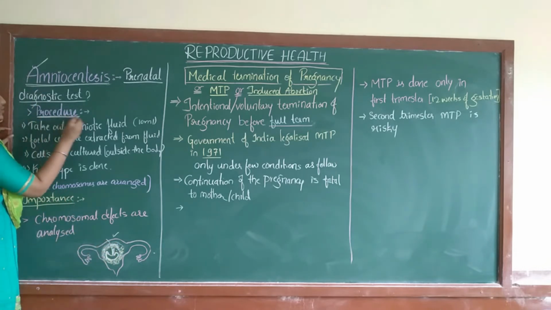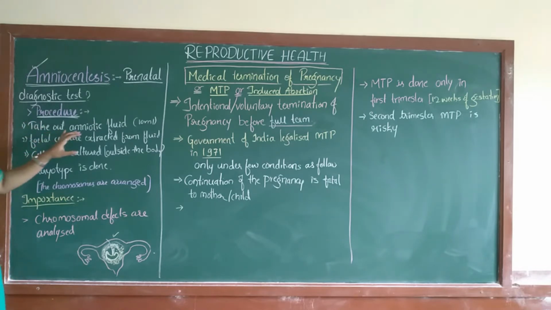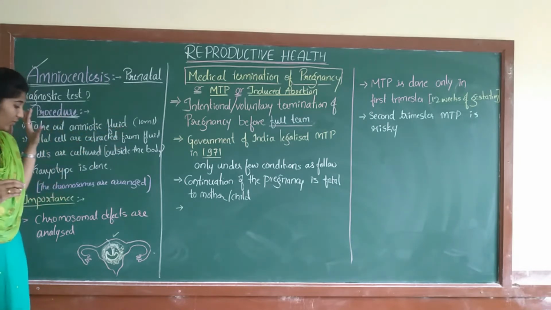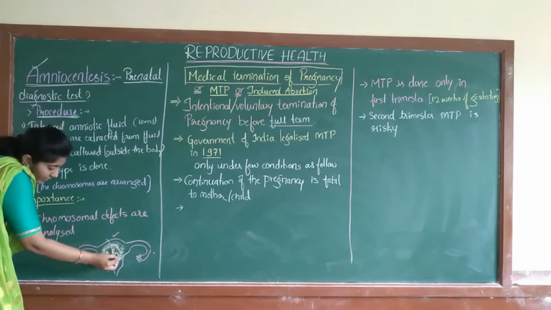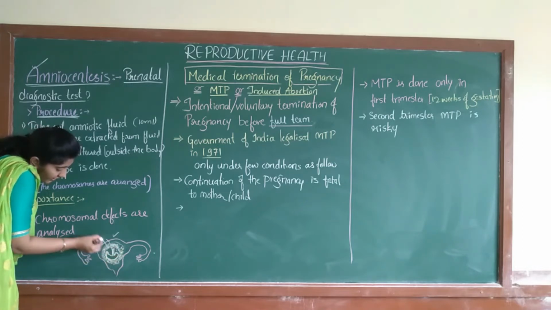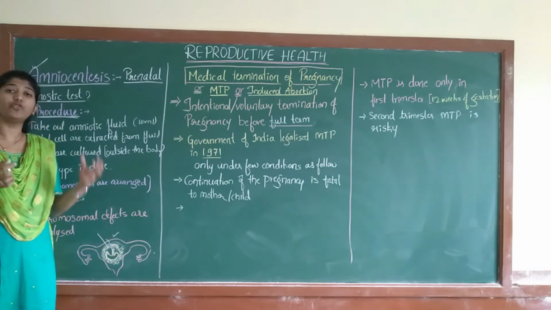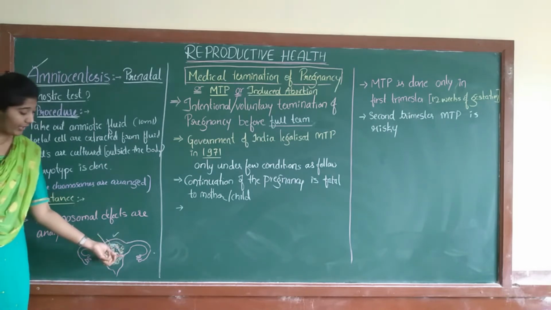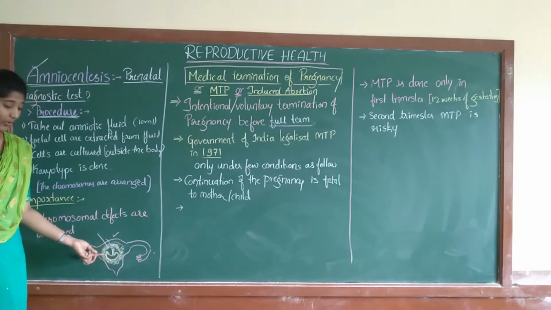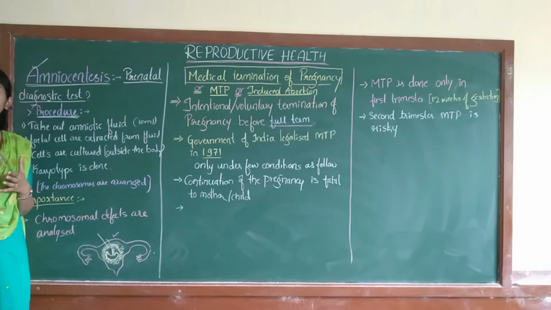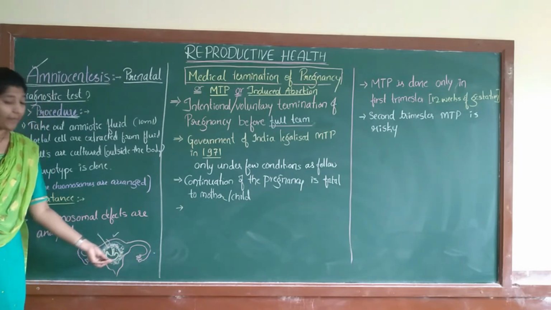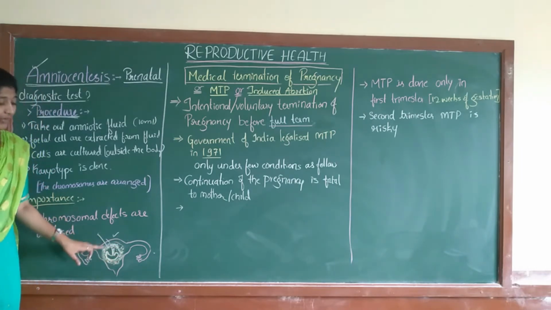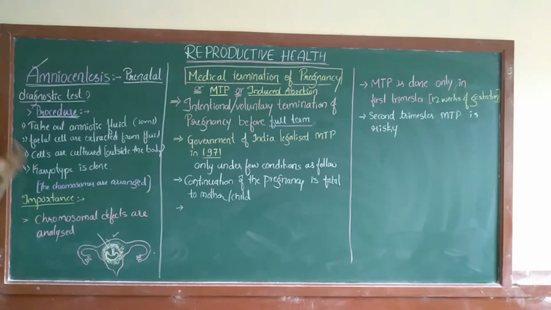So what is the procedure? First, the amniotic fluid is taken out. How do they perform this test? The fluid in the layer surrounding the fetus, not more than 10 ml, is extracted, and in the fluid there are fetal cells. When the fetus is continuously dividing, a few cells of the fetus are present in the amniotic fluid surrounding the fetus. From that fluid, a few cells of the fetus are extracted.